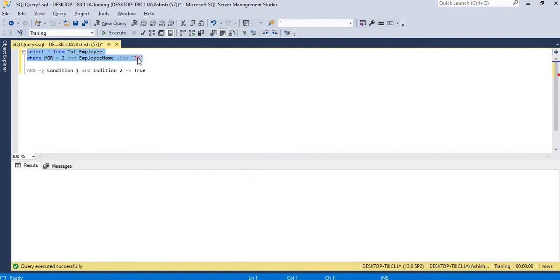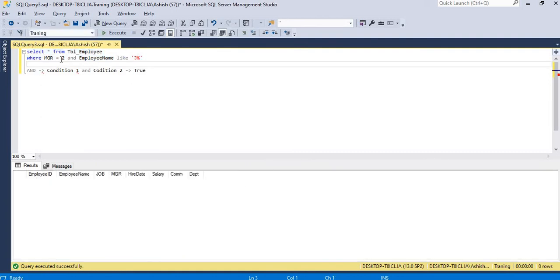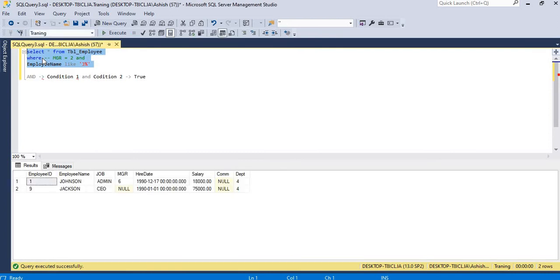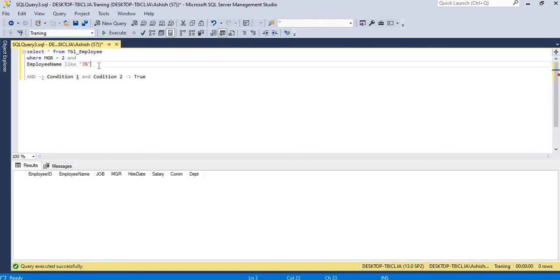That means there is no condition. So both conditions, because manager is matching, you can see that, but this record is not matching with the different one. If you use the second condition, this is also matching, but see, both conditions are returning the record, but together they should be true, otherwise that will not return any record.